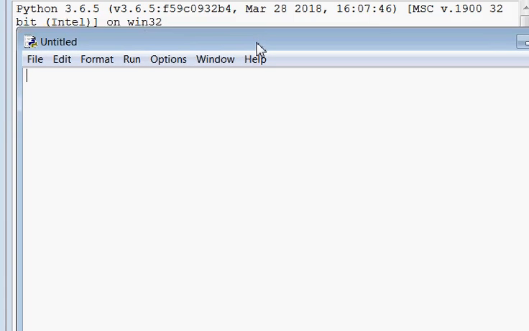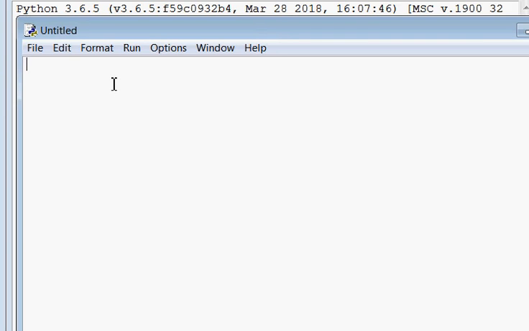So for that I am opening a new file here. This is a text file in which we need to append.